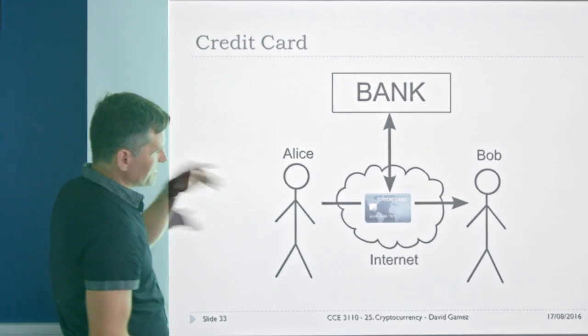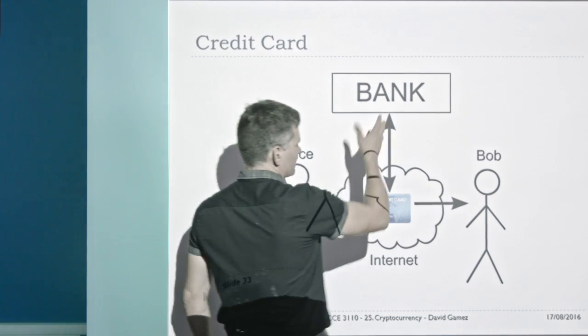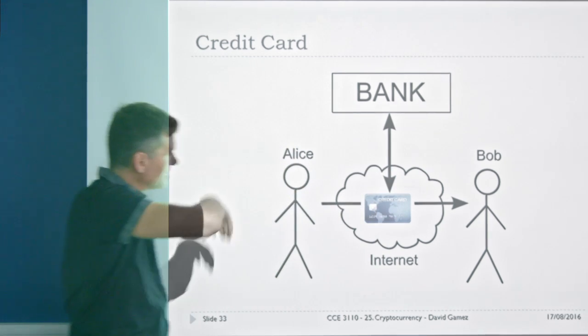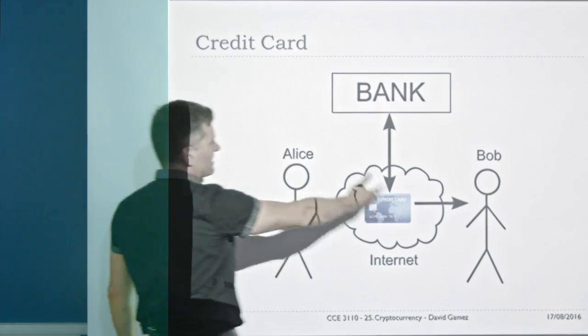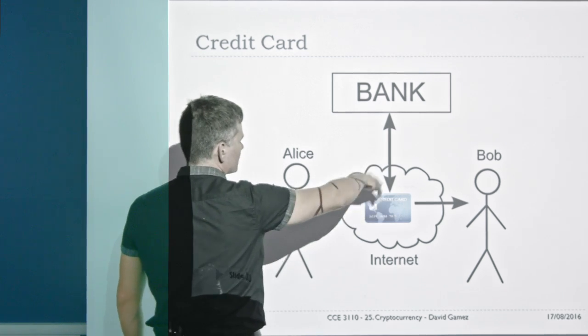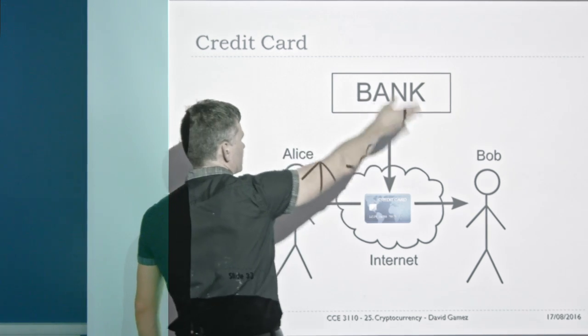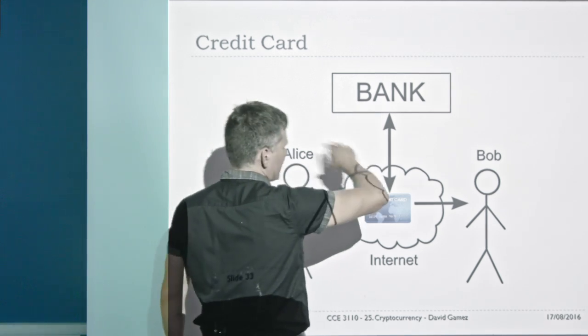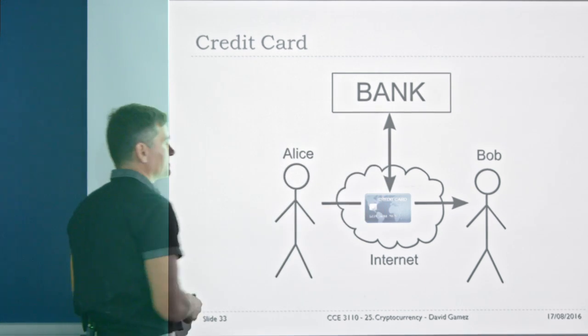With a credit card, again, there's various checks on the credit cards, you know, the chips and the holograms, all this kind of stuff. And when you're paying money online, you just give off a bunch of numbers, and it's the bank that checks that those numbers actually correspond to Alice's bank account, and checks that the money's there and does all the verification of the transactions online.